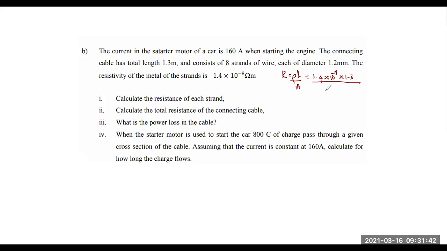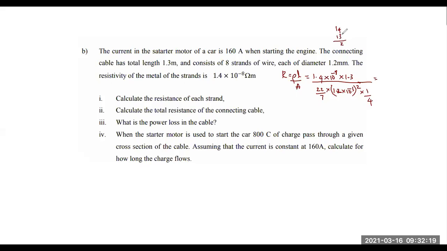Now they have not given a value for pi. Can't help. So we'll have to use 22 by 7 into pi d squared, where d is 1.2 into 10 to the power minus 3, squared, into 4. This is the equation, and if you simplify this, you will get the value for resistance. So that's going to be a lot of work, I think. A lot of work. Right, so let's do it.